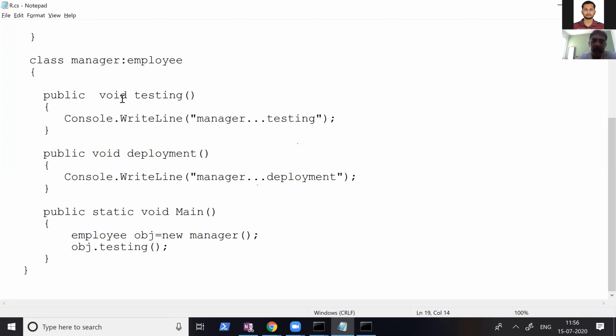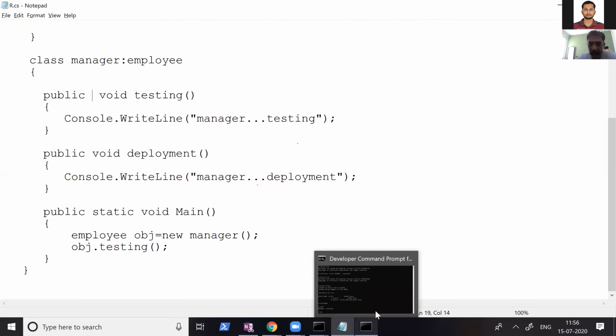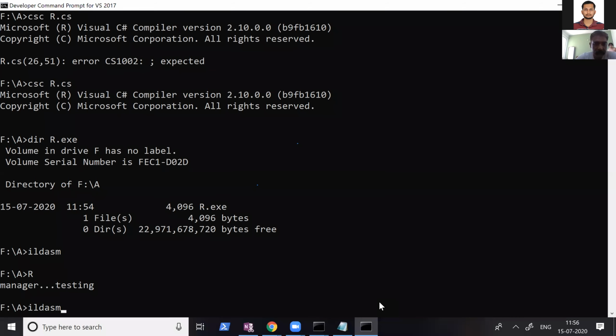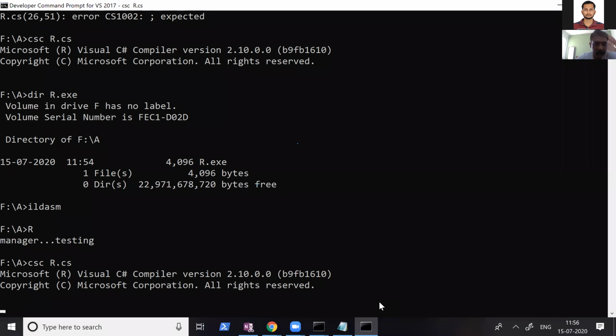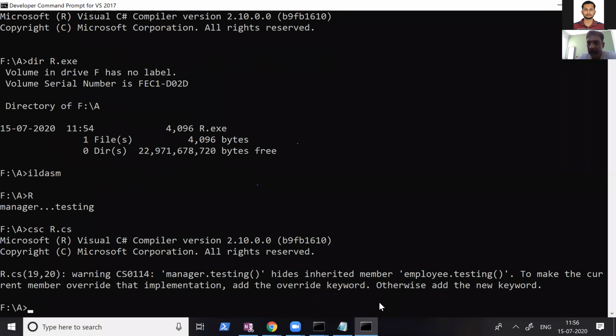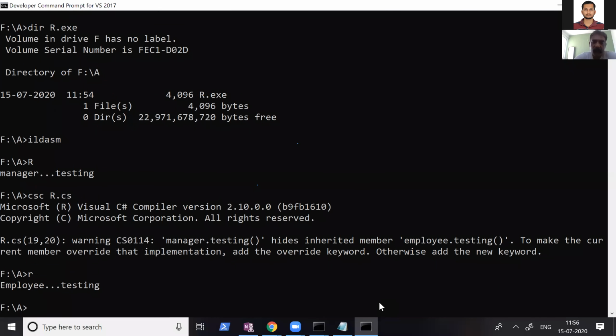then in this case the V table of employee class will be called. Fine. That's very true. It's method hiding, because intentionally you have to mark the method as new. Forget that one and go for override. Yes, so if you don't override, then the V table of employee class will be called. Okay, I got it.